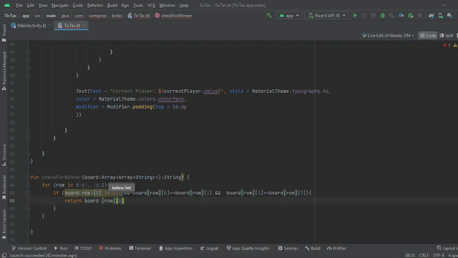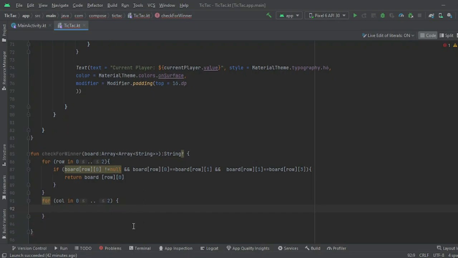Now we need to check for all the columns. So we will create another for loop to check if there are winners in the columns. So we will say for column in 0 to 2, and we have to do the same thing just in a different way. So we can actually copy this if else,